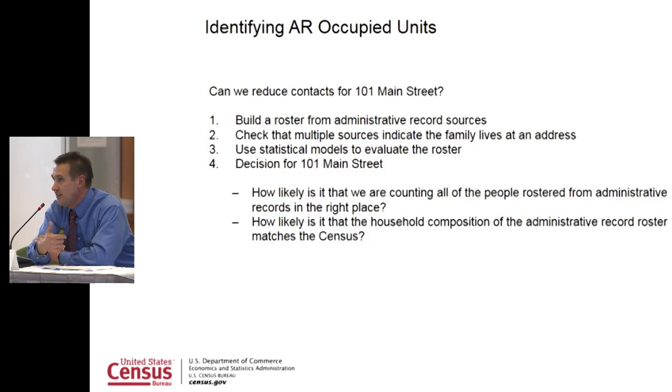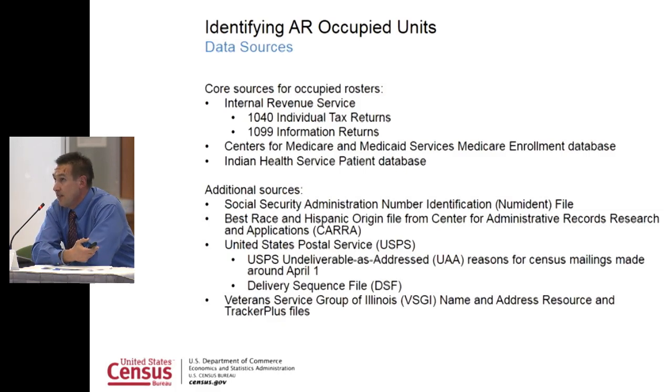The person place model, which I'm going to go over, provides information about how we do that. We've also researched a second model, our household composition model, which asks how likely is it that the household composition we observe in the administrative records, based on the number of adults and the presence of children or not, compares to what the census got for similar compositions? We were able to develop the model for that. In researching them, going up to the 2016 census test, we learned that using both of these together, we were able to make a better determination than using only one or the other.